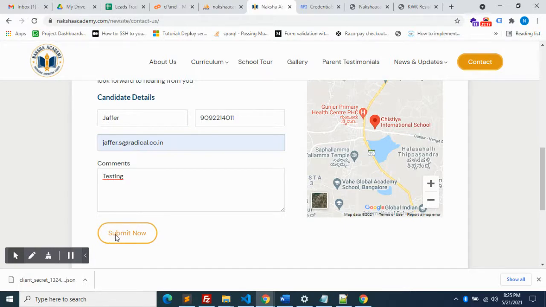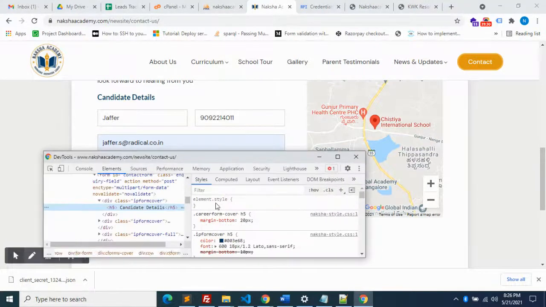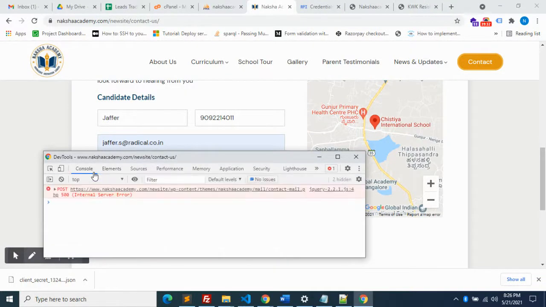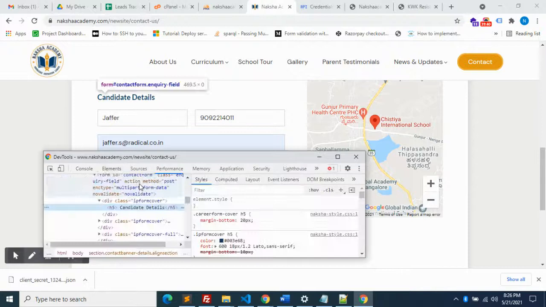Okay. Some error is coming. Okay, 500 internal server error.